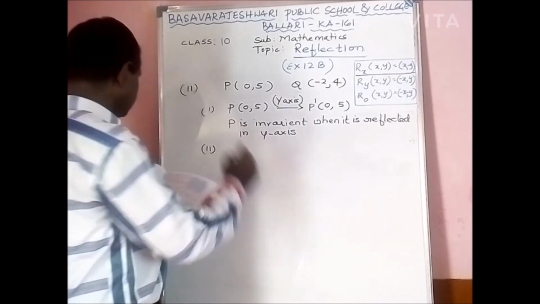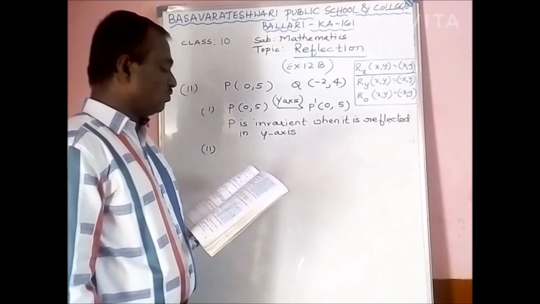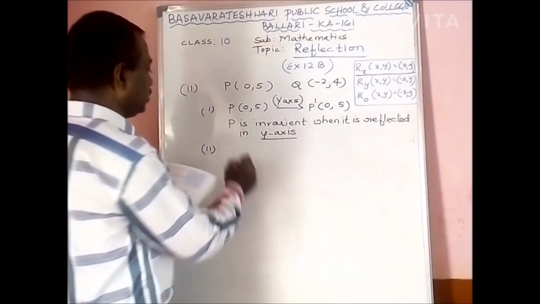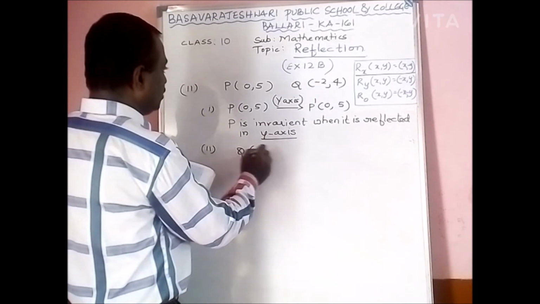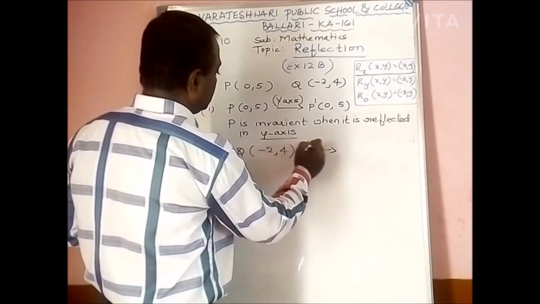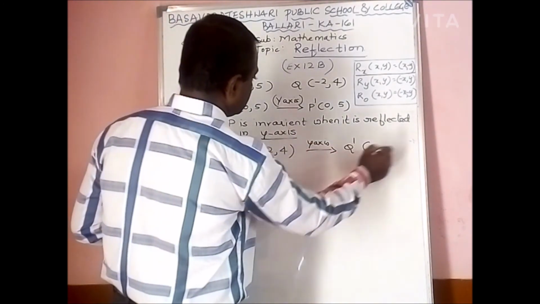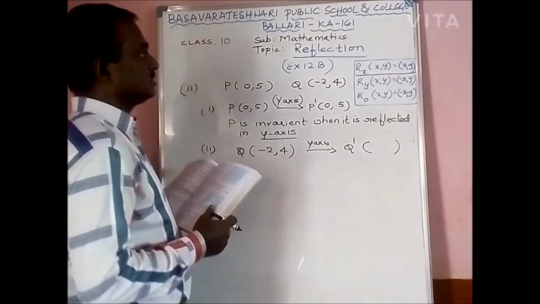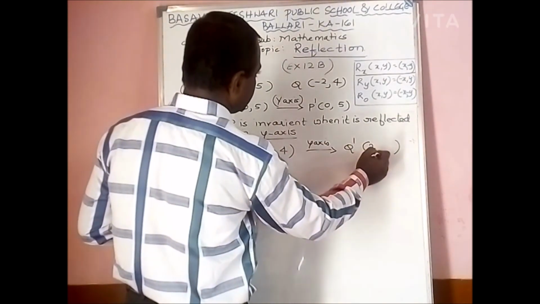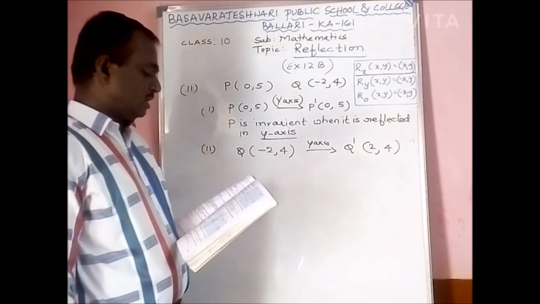Second, find the image of Q on the reflection in the axis found in 1. So what is the axis found in 1? That means you have to reflect Q on the y axis. So what happens? Y axis, so minus x, y. Minus here also minus, therefore the minus will be cancelled. 2, 4. So this is the second answer.